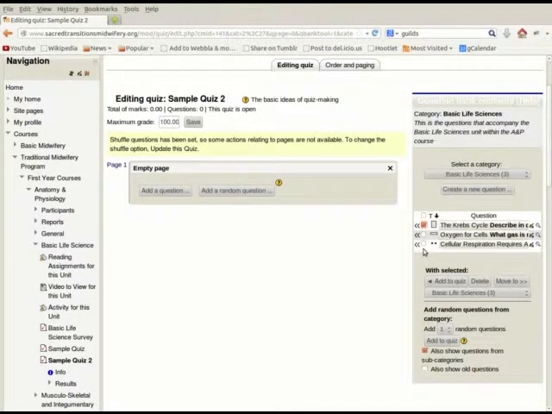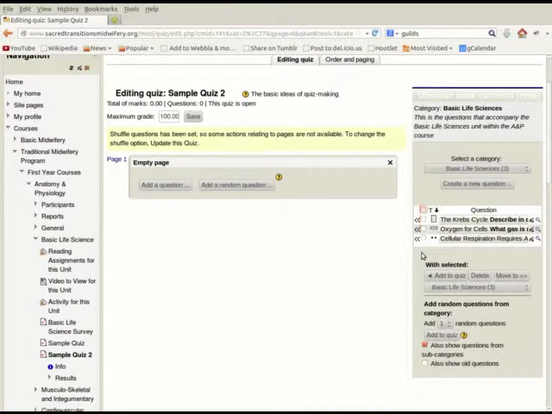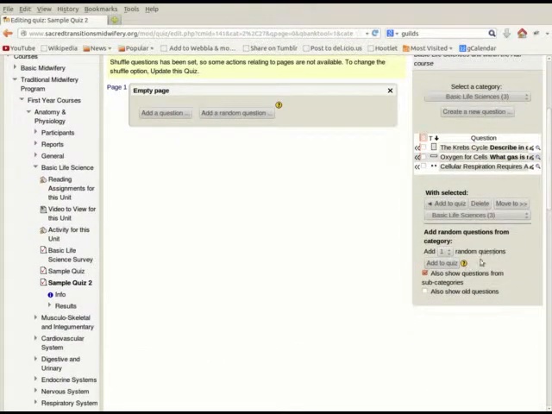You can choose each one individually, or you can use the selector here that selects all or deselects all. If you click it once, it selects all, click it again, it removes them. You can sort your questions by type if you wish by using this little icon, and you can sort questions by type descending. There's also a little feature down here to add random questions from the category, and you can choose the number of questions. I can only go up to 3 because I only have 3